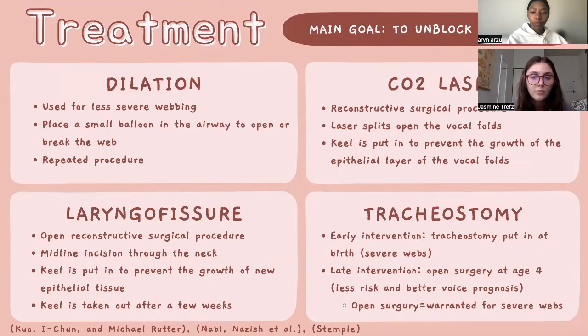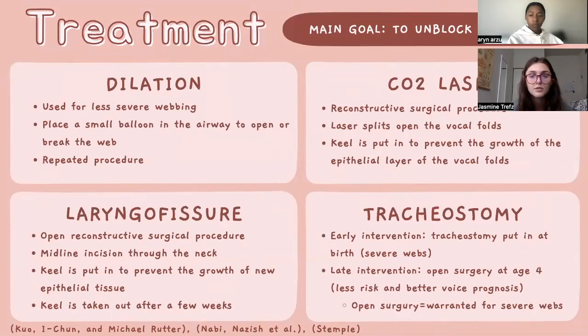Going from least invasive to invasive, a surgeon may choose treatment by dilating the trachea and using a laser to cut the instrument to break the web. With this procedure, the surgeon will place a small balloon in the airway to widen or break the web. And this may be repeated to prevent reformation of the web by scar tissue. In addition to dilation, a surgeon may